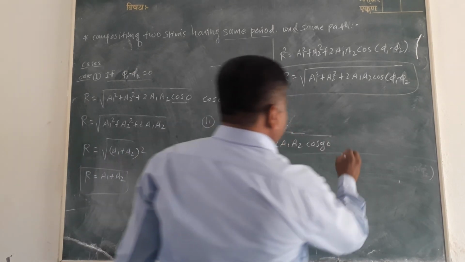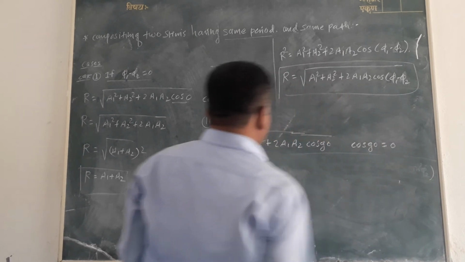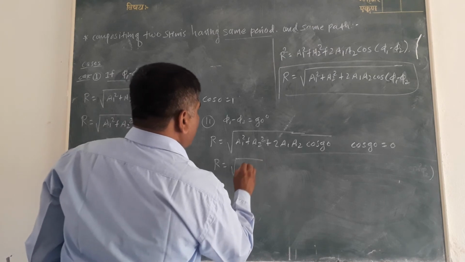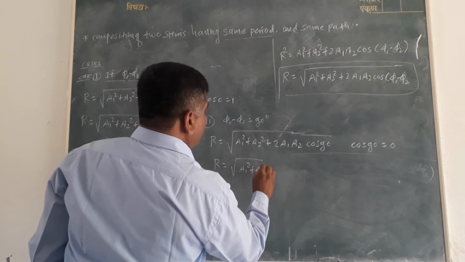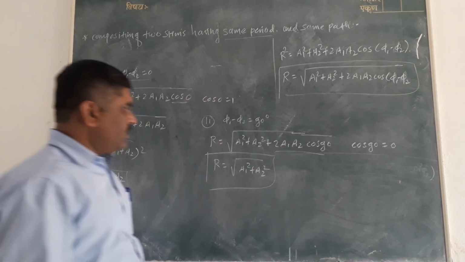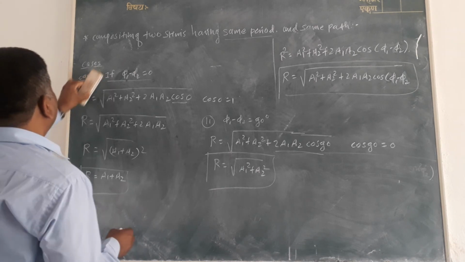Cos 90 is equal to 0, therefore R is equal to under root A1 square plus A2 square, because the second term is 0. And the third condition, or case third,